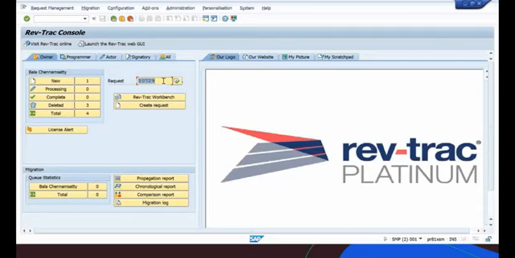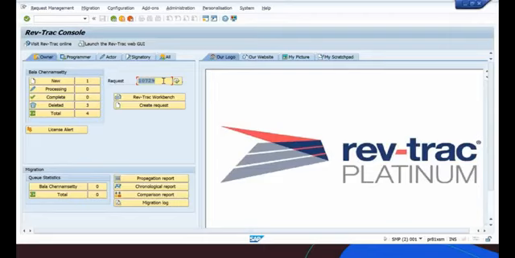Whenever we create a transport request for any object, it will pop up for the transport request. If we integrate the RevTrack console with the SAP system, it will initially ask for another pop-up. It will ask for the RevTrack request. There we have to provide this request. That means however many times we create a transport request for a particular object, every time it will pop up and ask for the RevTrack request.